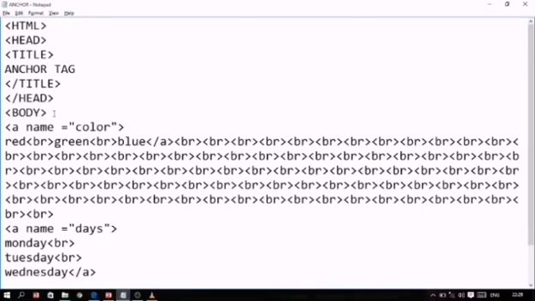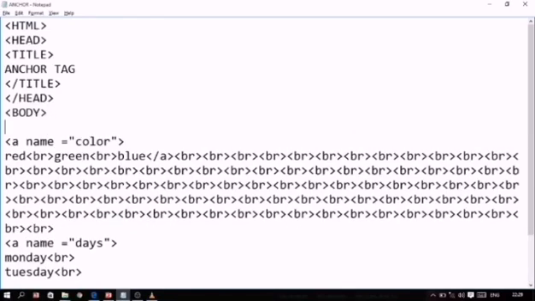So actually, hyperlinks I want to display at the top. Here I am giving the hyperlink command a href equal sign, then after this I have to use the hash sign. Here I don't have to give any file name, because all the content is present in only one file, and that one file is already open, so we don't have to give the file name here. We have to give only the section name.